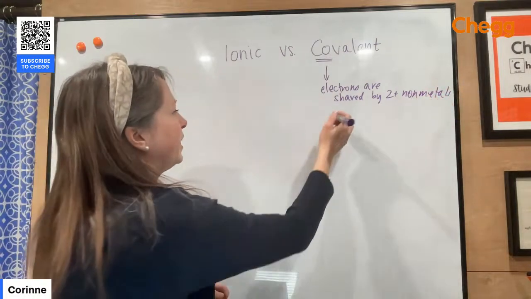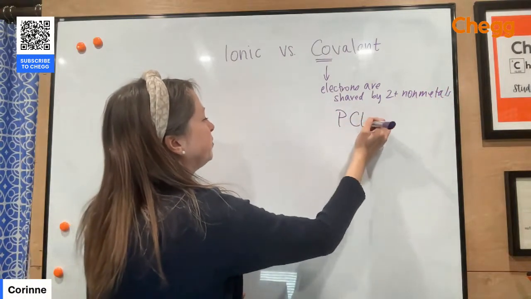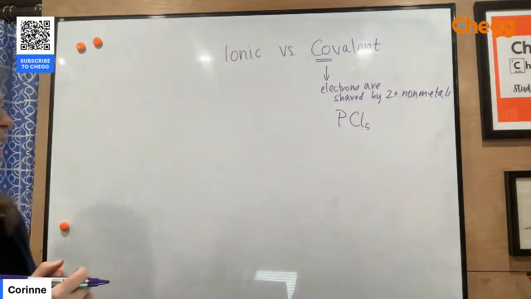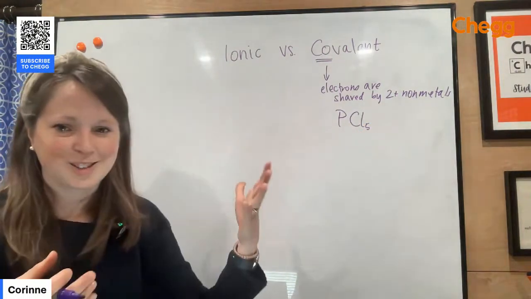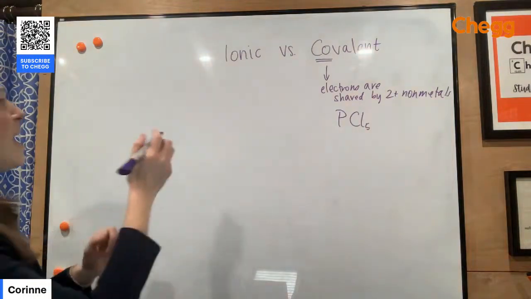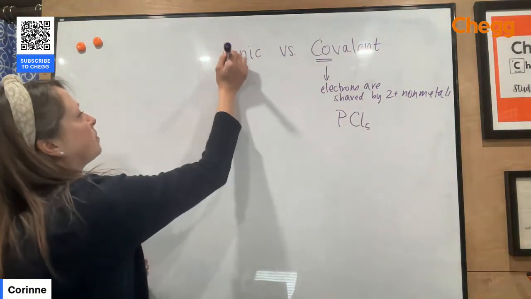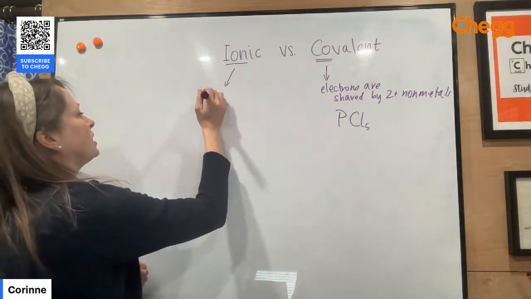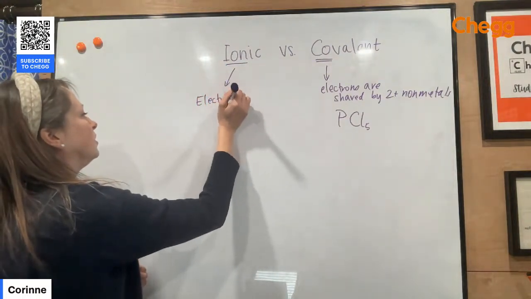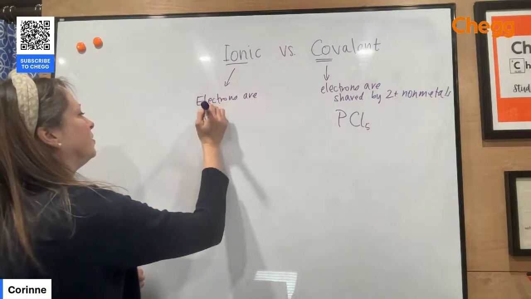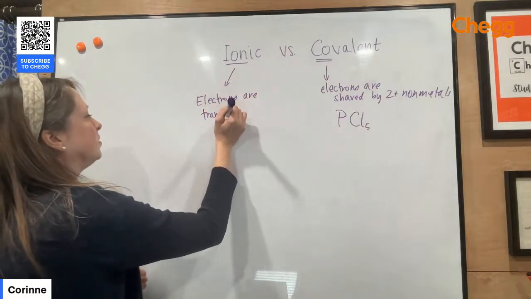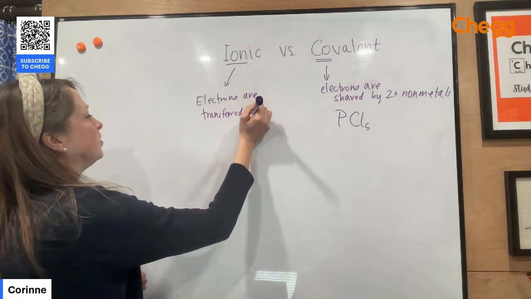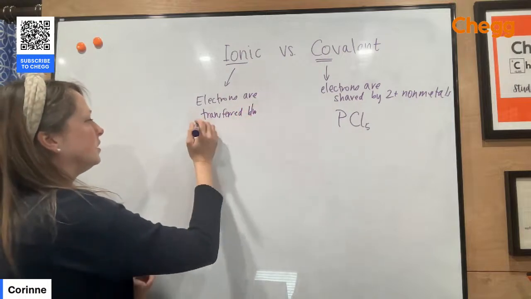So let's say I had PCl5. This would represent a covalent bond. We'll go through naming in just a second in case you need that as well. Versus an ionic bond. In an ionic bond, you're going to have ions, so electrons are transferred between